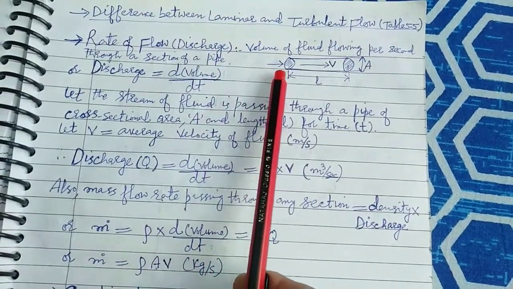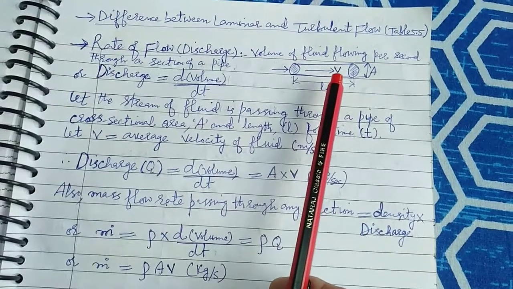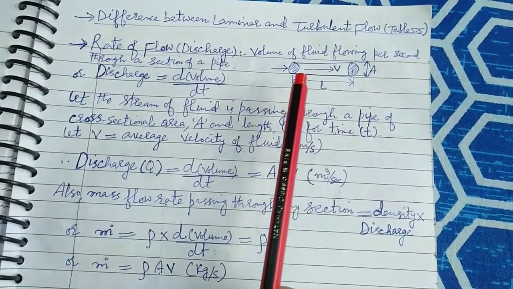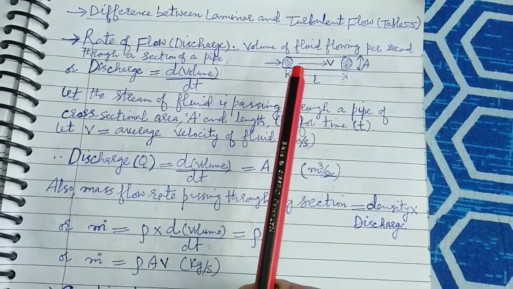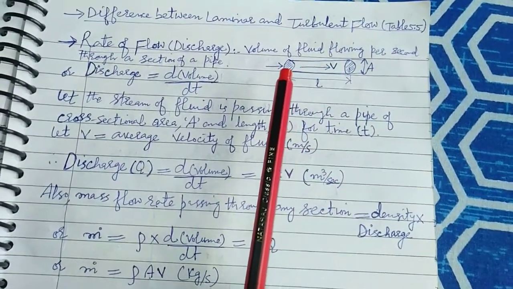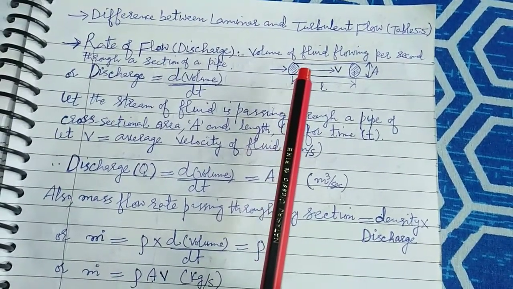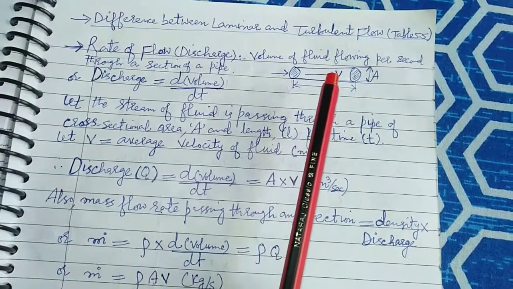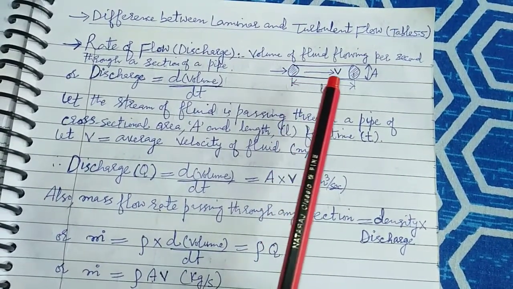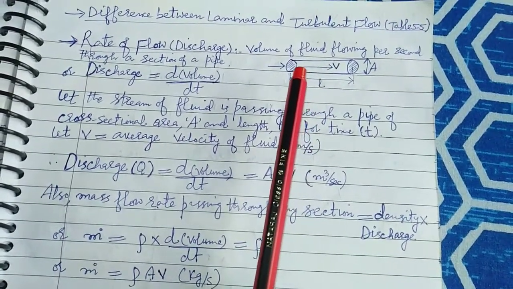First, to see this, I have sketched a diagram of the pipe with two cross sections, having length L and a cross sectional area A. And suppose the fluid passing through this pipe has velocity V meter per second. So everything is in SI units, A is the cross section and V is the velocity of the fluid passing through this pipe.